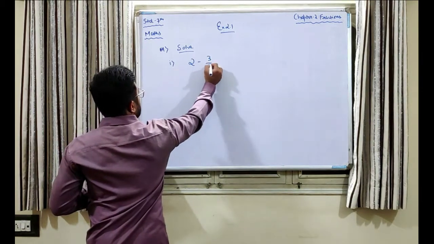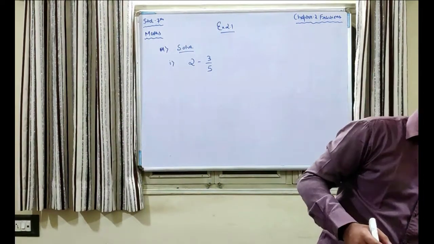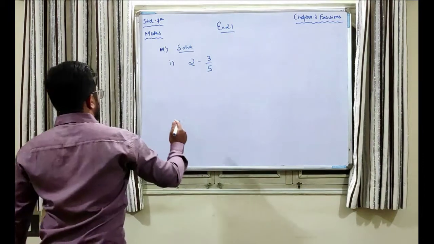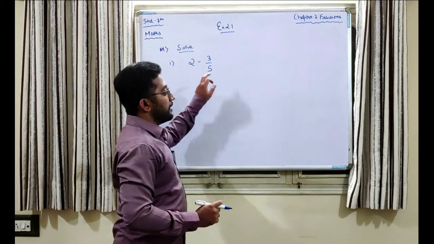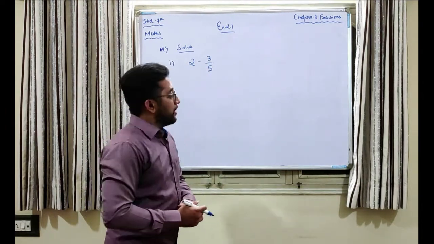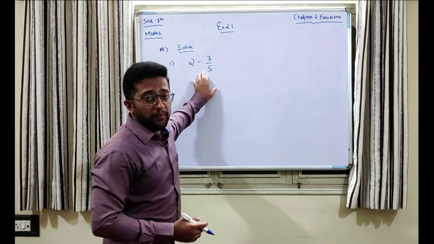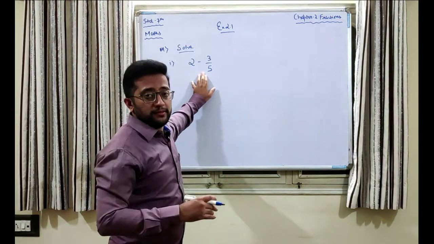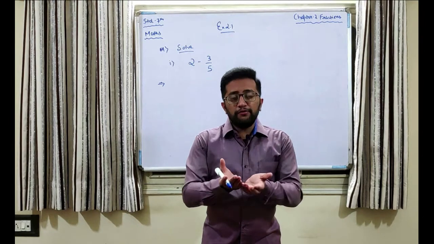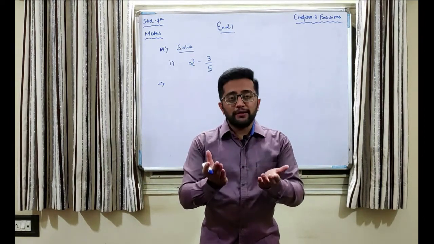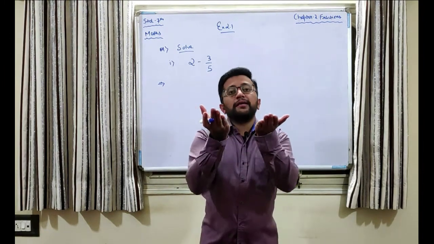Two minus 3 by 5. Okay, so we need to solve this sum. So how can we solve the same? So the first step which you need to understand is you can't solve a whole number and a fraction directly, okay, because in order to solve them we need to get the denominator on the same level or on the same base. Okay, so you can't compare any two things which are not on the same level or on the same base. Okay, for a proper and a true comparison you need to bring those two things or any two numbers to a certain point in which they are equal.